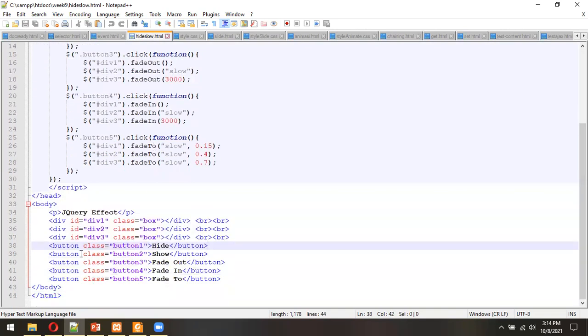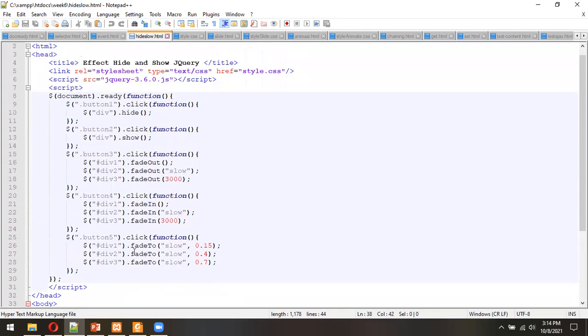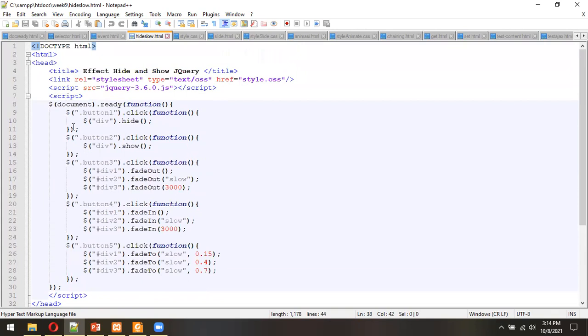Okay, so for the first button, we can add the function here using jQuery. So this is the base function from jQuery. We must add it first. And please, I remind you again to be careful when typing, because in jQuery we have many braces, many brackets, and signs, dollar sign, hash, dot, and many others. Okay, so for the first button, this is a click event. So when we click the first button,